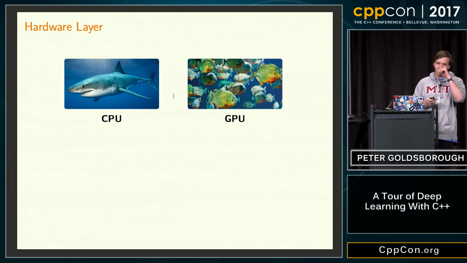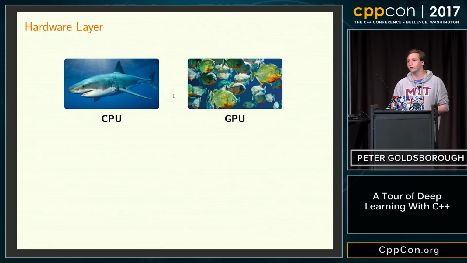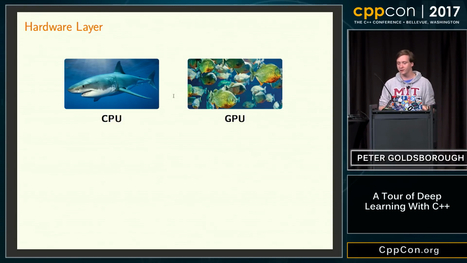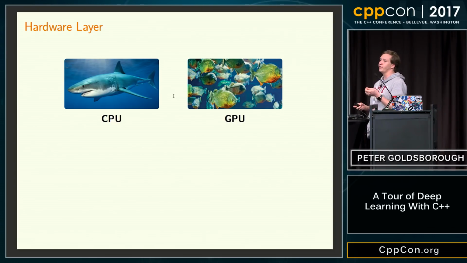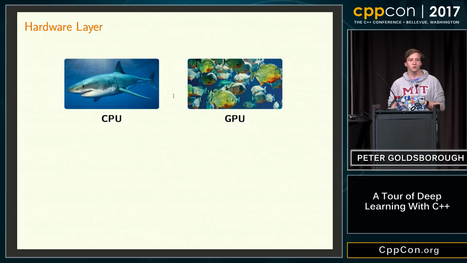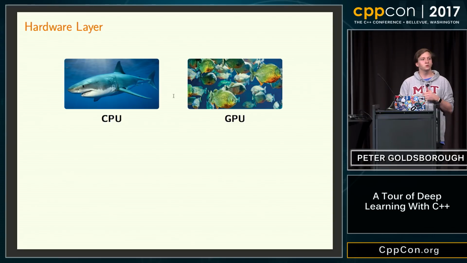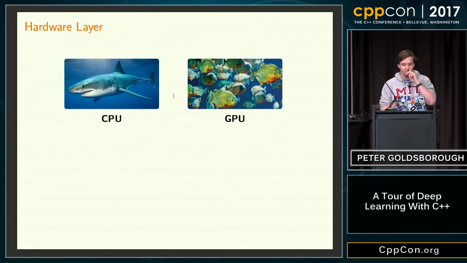And it has actually turned out that GPUs are one of the core factors of why I'm even up here talking about deep learning, probably why you even know about deep learning. GPUs have been the most important hardware innovation for machine learning in recent years. The reason is that what GPUs are really good at is doing lots and lots of small computations for each pixel of your screen. And as you saw earlier, for neural networks, we often have to do lots and lots of small operations for very many small units, small neurons. That's why GPUs are really well suited to neural network computation. I'll show some examples of GPUs later on.